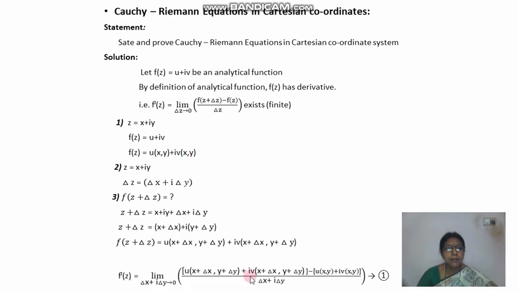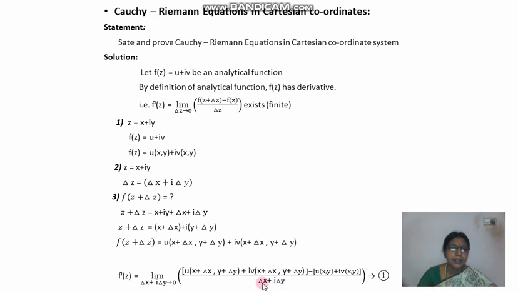Okay ma, this is equation 1. You put delta x is equal to 0, what do we get in the limit? Suppose we put delta x 0, the limit is i delta y tends to 0 only. There is no delta x term, only this term in the limit. Then what about the first term? Here delta x is 0. Now we get u of x comma y plus delta y, plus i v of x comma y plus delta y, minus the second term as it is. There are no delta terms in this second term, so the second term stays as it is.